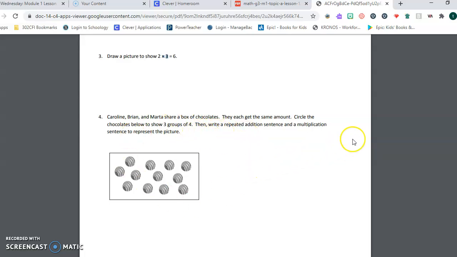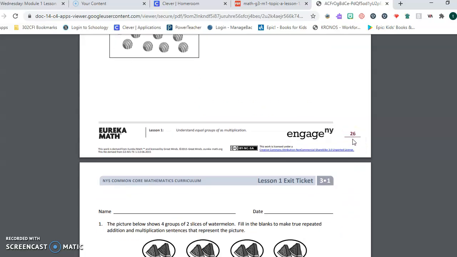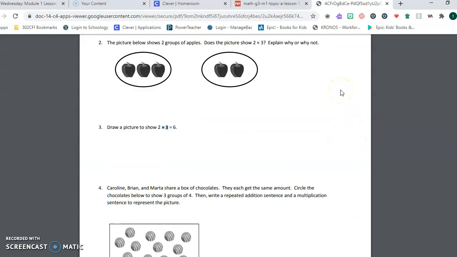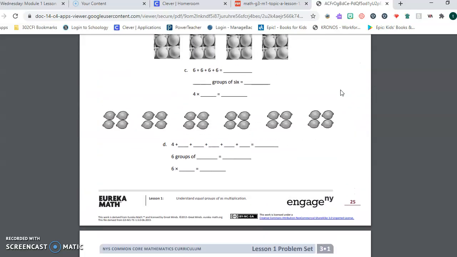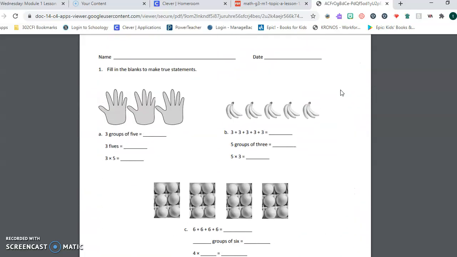All right, I'm not going to give away too much of this. I am going to ask you to finish this today. So pages 1 and 2 are the problem